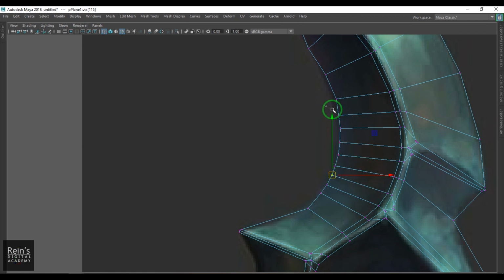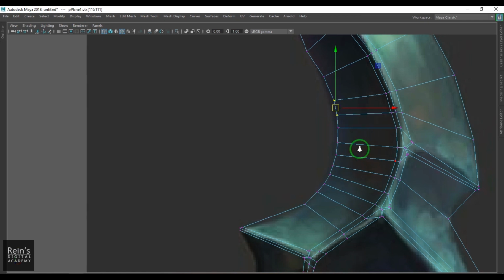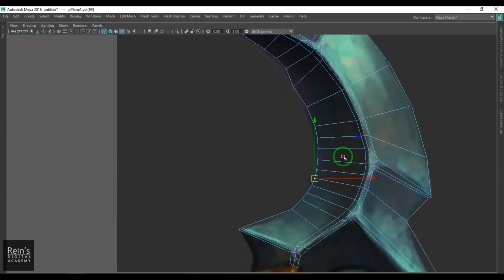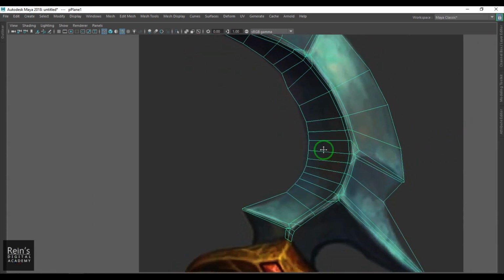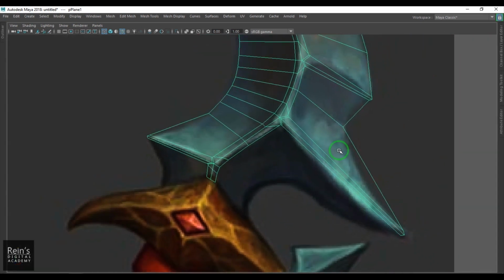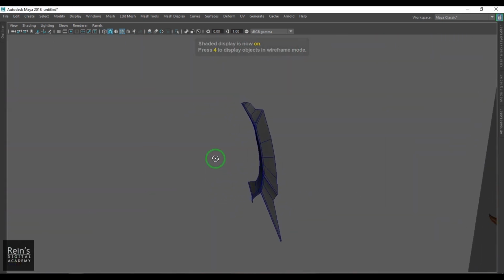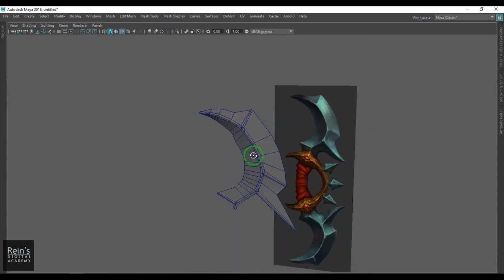So if you don't do this correctly, then you will end up getting a jaggy shape, so be very careful about that. Okay,